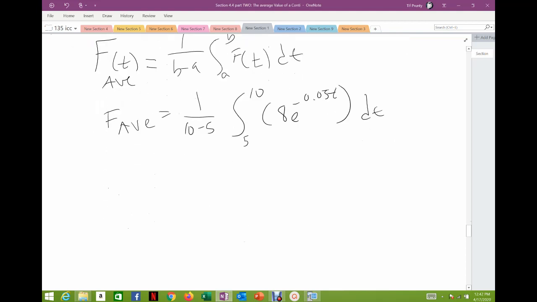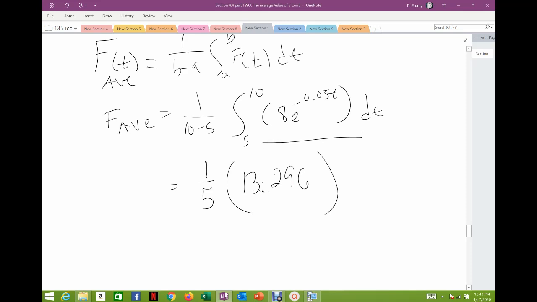All right, so I'm just going to plug it in the calculator. So this is 1/5. Don't forget the 1/5. You find this on the calculator, so you graph that, shade the area between 5 to 10, and make sure you give yourself a few decimal places so you're not rounding too much. And so when I plug this into the calculator, it comes out